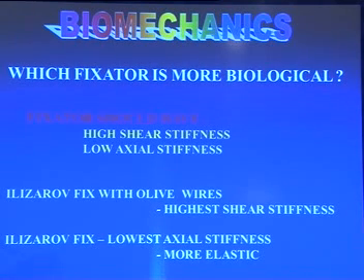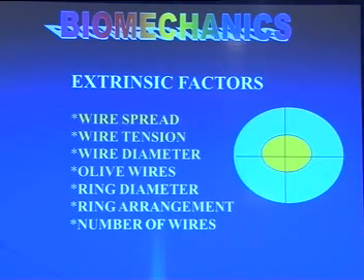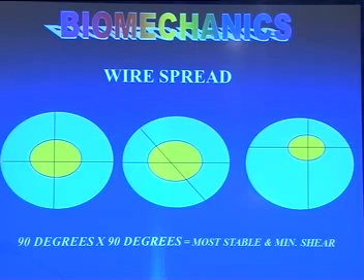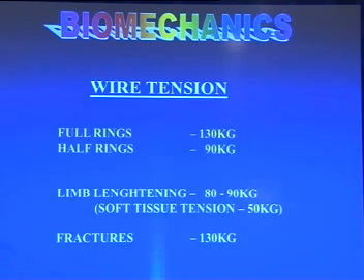So regarding shear, you should see that there should not be any shear stress on that, and axial stiffness. Okay, we can skip this. Now this depends. Extrinsic factors are the fixator which is on the outside, and it depends on all these particular points. Intrinsic factors about the wire spread, I have told you already. The tensioning of the wire, we have tensioners. The tensioning has to be done. We will show you how the tensioning is done about the wires.